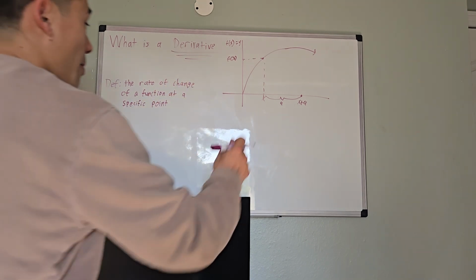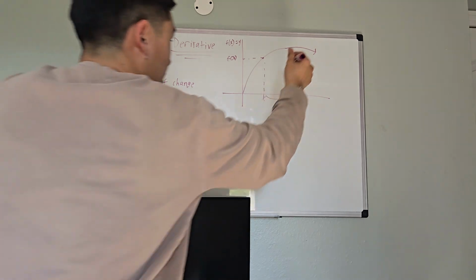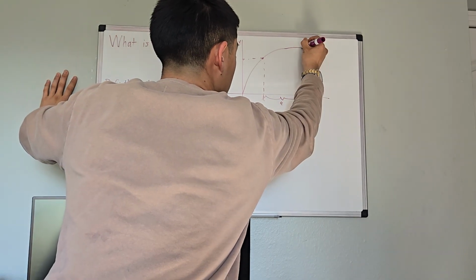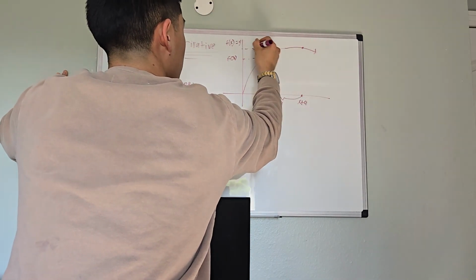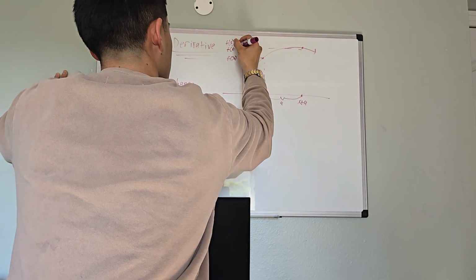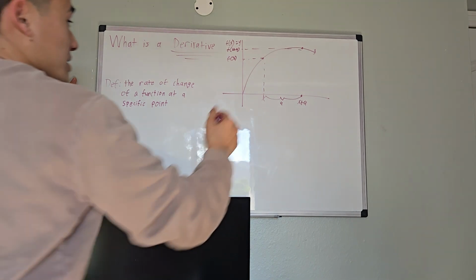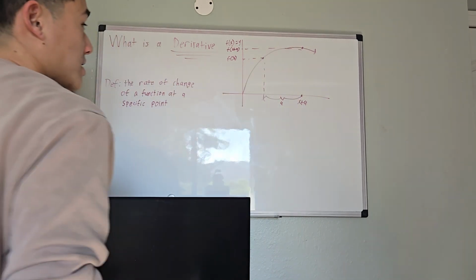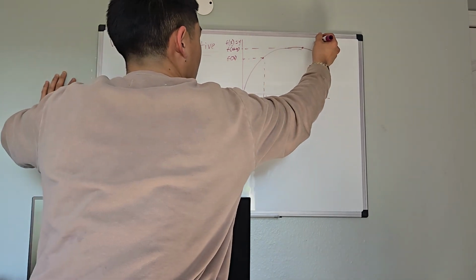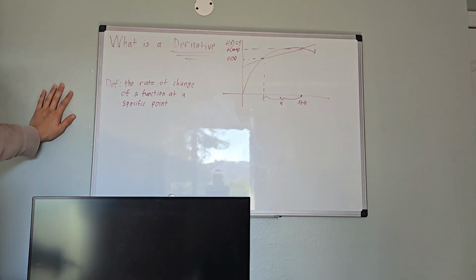So you go out x, and then go out another distance a. So this is f of x plus a, that's where that point is. Now if you took these two points on your curve and made a line,